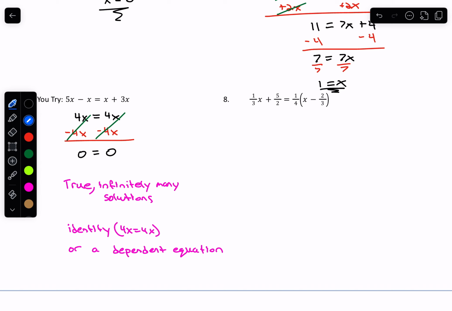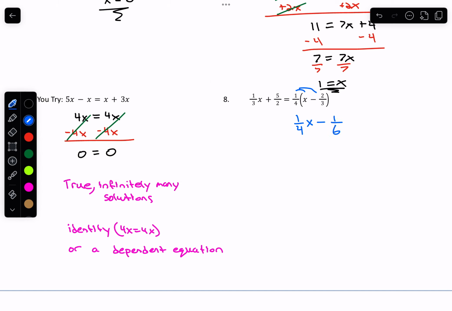So we have fractions all around, but we're going to proceed as if they were not fractions to start. So we have distribution on the right side. I want to distribute that 1/4 to the x and the negative 2/3. That's going to give me 1/4 x minus, and when I multiply 1/4 times 2/3, I multiply the 1 and the 2 on top and the 4 and the 3 on bottom. So I get 2 over 12, which is actually the same as 1/6. So instead of writing the 2 over 12 there, I'm going to go ahead and delete that and put 1/6 in its place